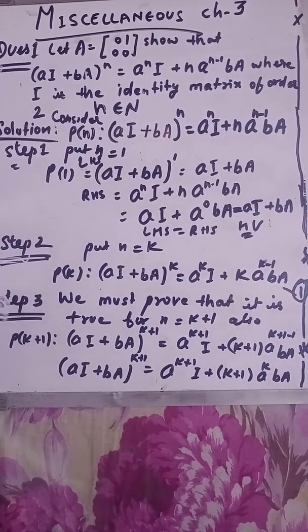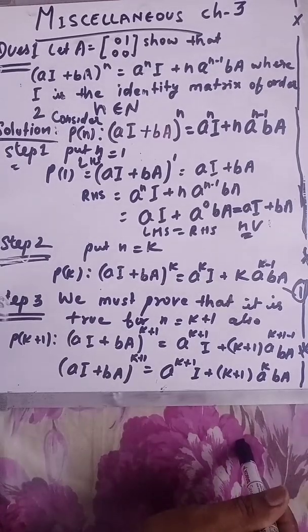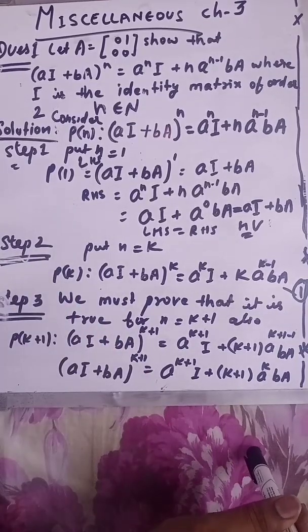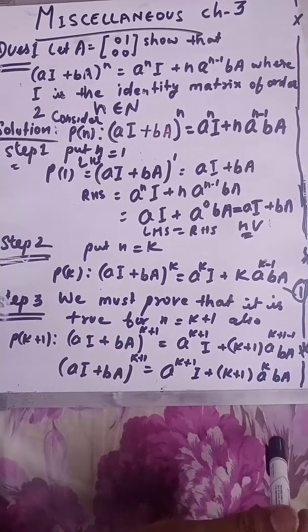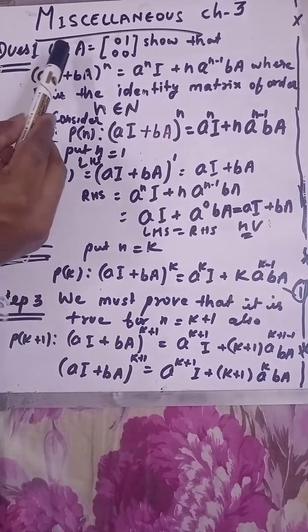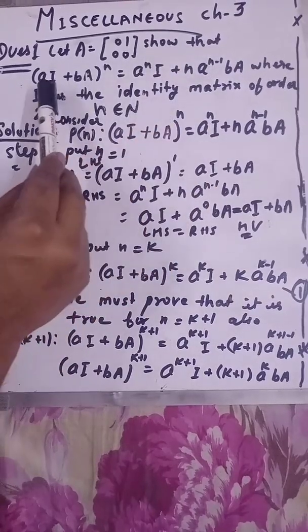Hello everyone. In this video we are going to solve a miscellaneous exercise of chapter 3, which is matrices. So here we are solving the first question of your NCERT miscellaneous exercise. In question number 1, a matrix A is given to us, and we have to show that